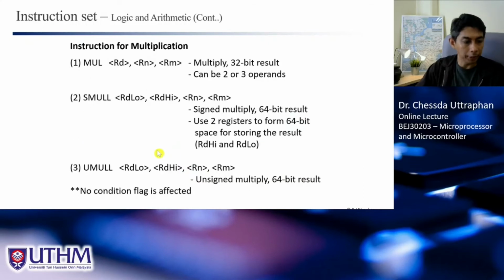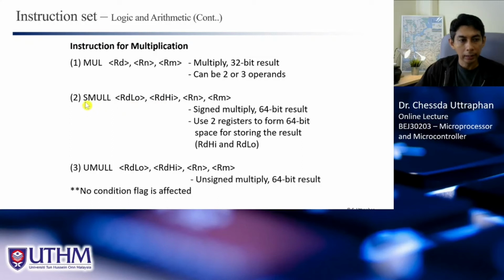Okay. Next is the multiplication. Right. So we have multiplication here, MUL, where we multiply this to this. The source, we have 2 source operand. This multiplied to this, and the result will be in 32-bit RD destination. And the result here is 32-bit. We multiply 32-bit, the result is the 32-bit. And remember, normally in multiplication, most of the time the result is double of the operand. For example, if you multiply 4-bit number with a 4-bit number, if the number is big, so the result normally more than 4-bit. So the ARM microprocessor has another features that you can have 64-bit result, where the format is